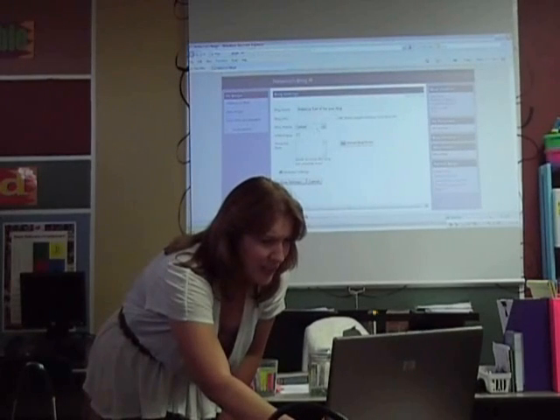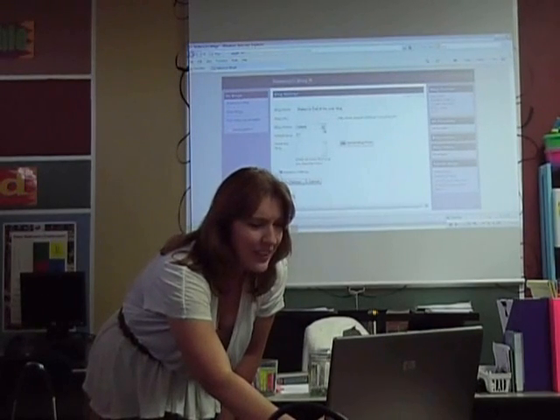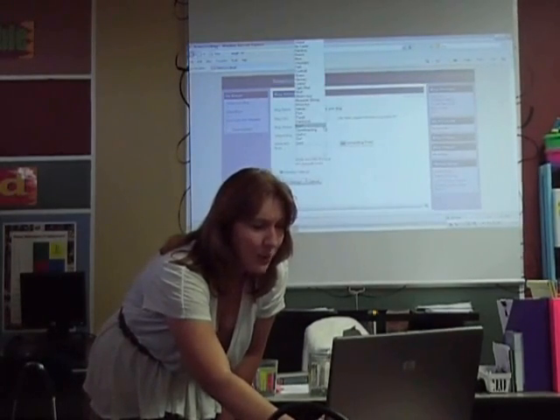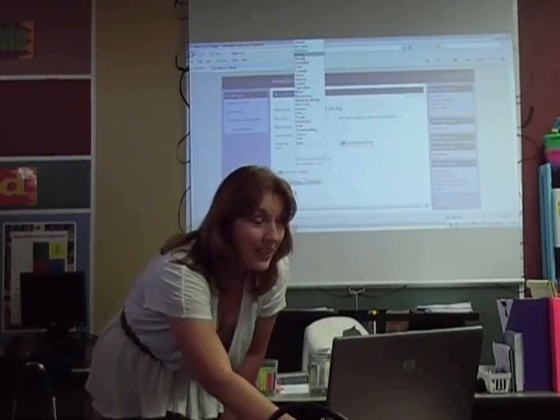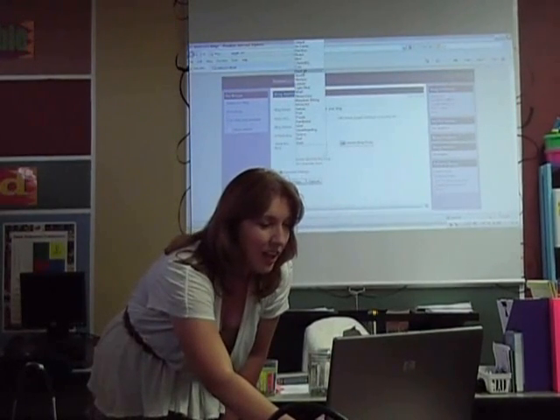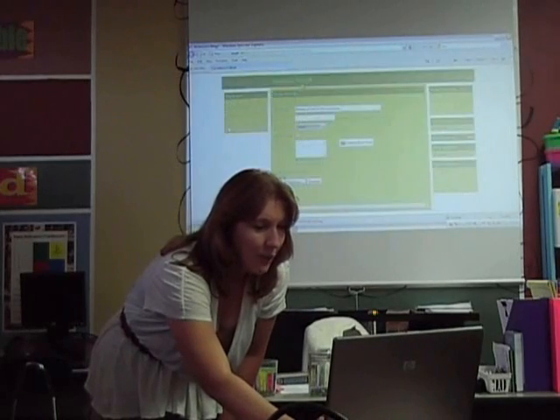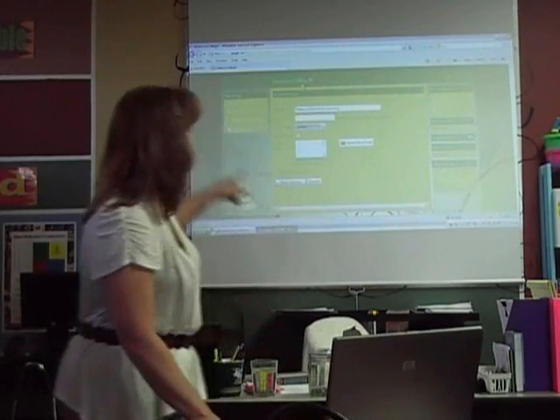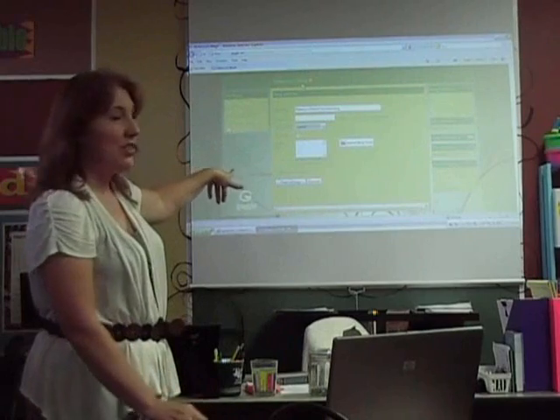And then where it says blog theme, I know you're going to love this, click the down arrow and you get to pick one of the blog themes. It's going to color everything that they see. I'm going to pick leaves, and you notice everything turned green like leaves. Pretty cool.